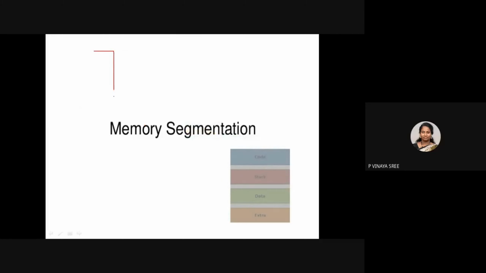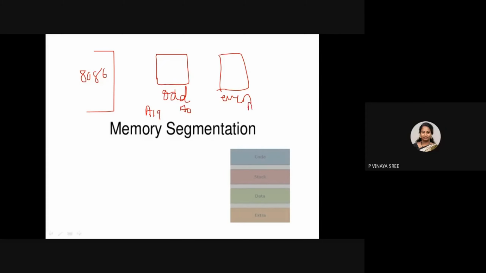Let us consider this is your 8086 processor, and we have divided the memory into two banks. We will call one the even bank, and the other one the odd bank, each with addresses A0 to A19. Why A0 to A19? The address bits are 20, so here also you will have A0 to A19. In this, I am concentrating on the last hexadecimal digit.